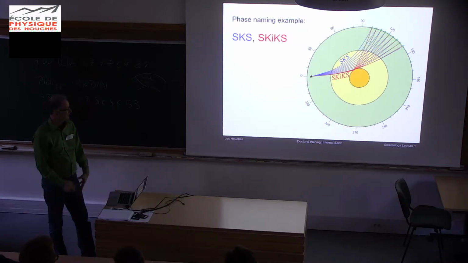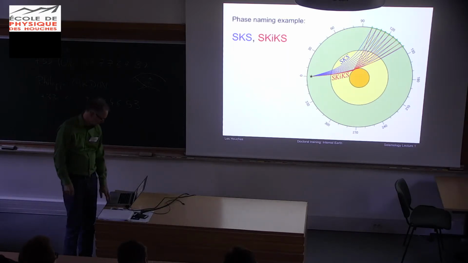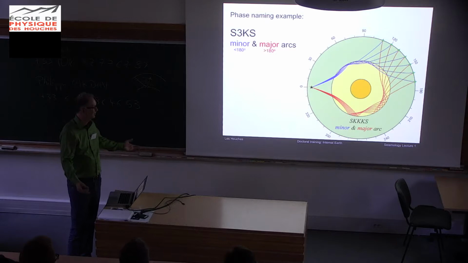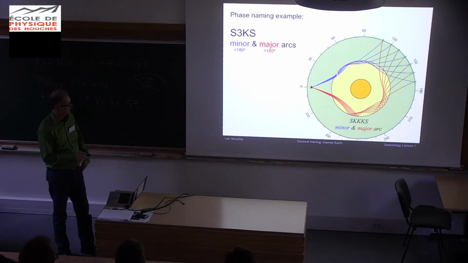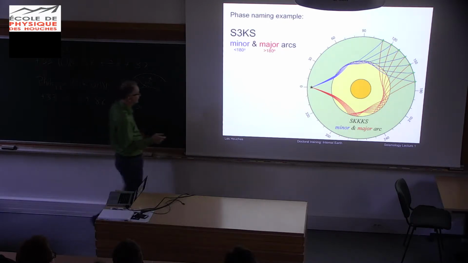Or what about an S wave that goes down and turns into a P wave for the core and comes back? That's our SKS. Or if it bounces off the inner core, we get the little i, SK, little i, KS. It's literally how we say it. Or you can start getting into the exotics of something that goes into the core and bounces a couple times, so you have 3 legs. That would be S3KS. You can go both ways, and so this is something that we talk about.